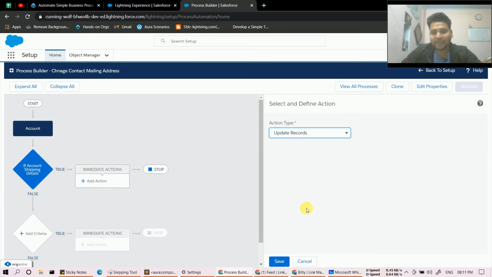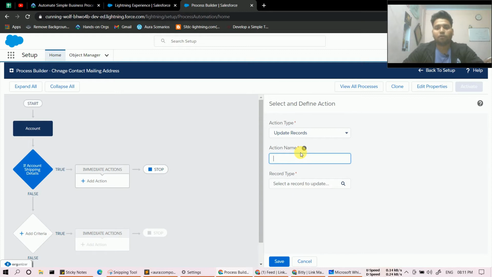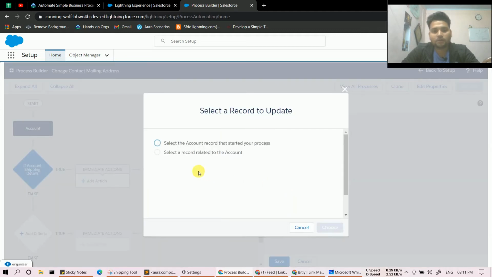So here select update records, provide the action name over there. Let's say update contact mailing details. Now in record type select a related record because that contact is related to account.